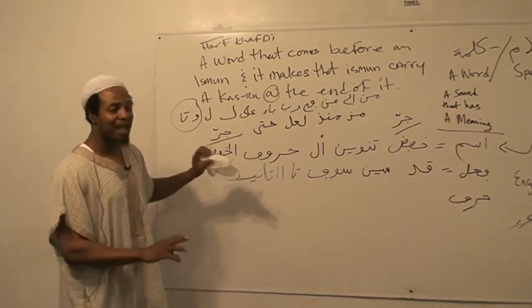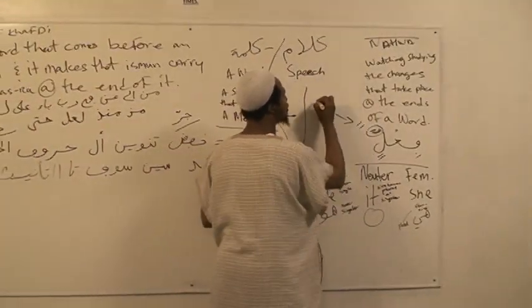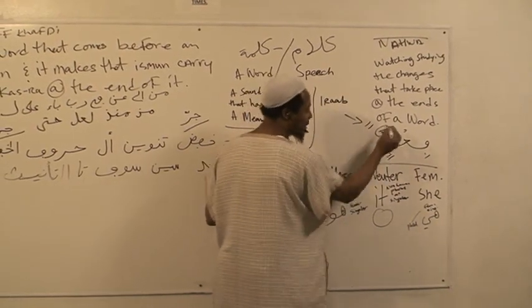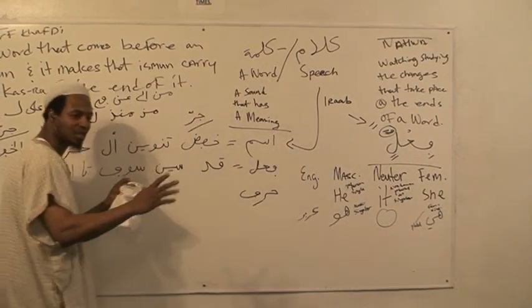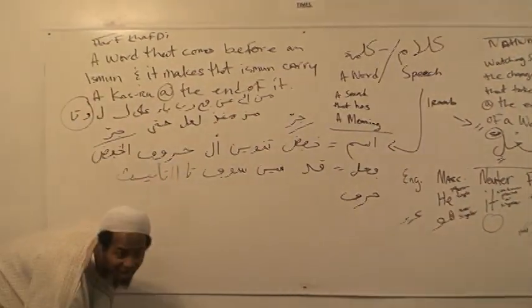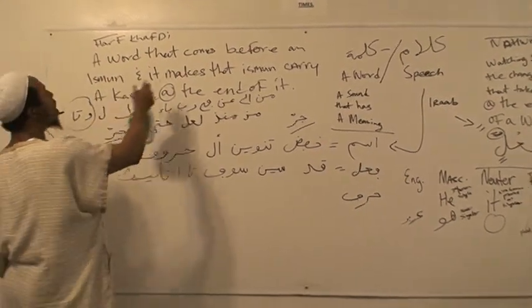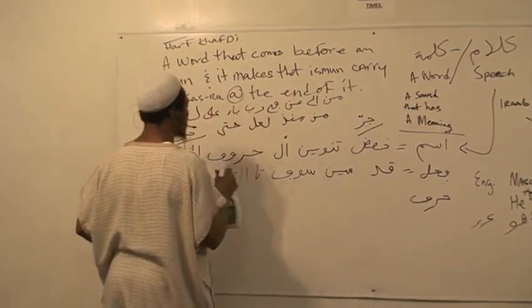And so after having recognized this, and after knowing that, going to the sidebar, these changes are called i'raab. Right? The changes that take place on the word, that's called i'raab. That's what the next term is. We go to the next part of the lesson, and the next part of the lesson is to declare what are the huruful raf'i,